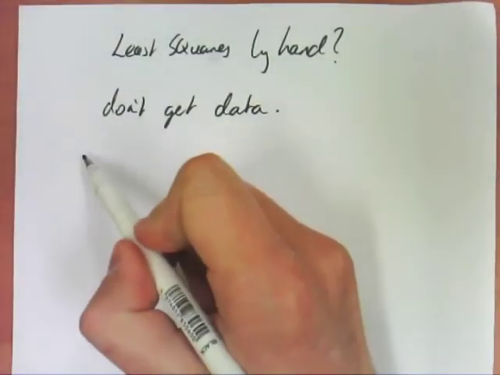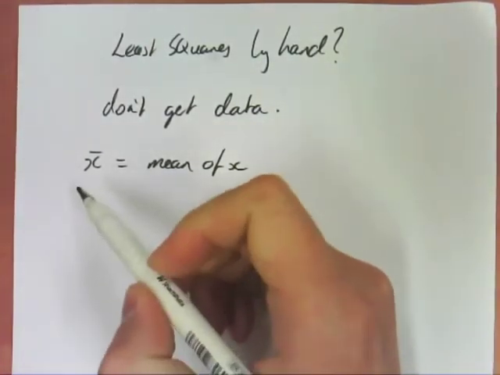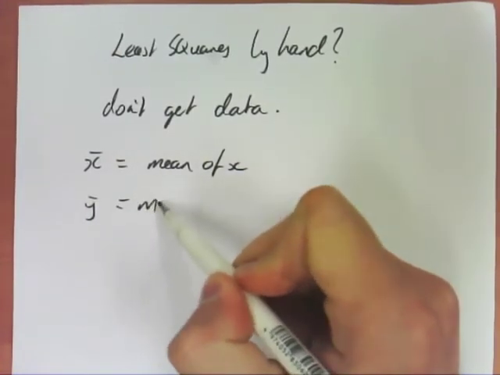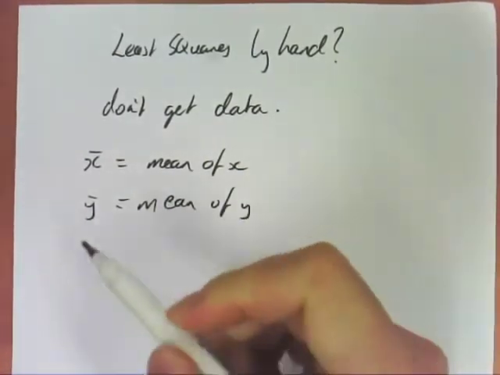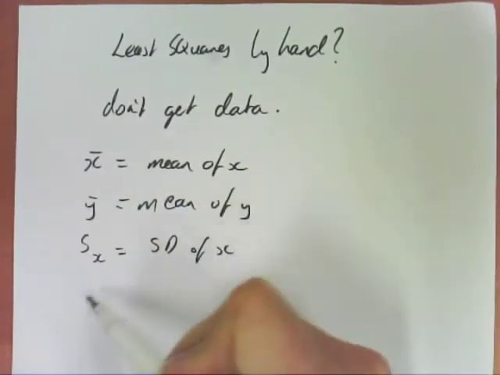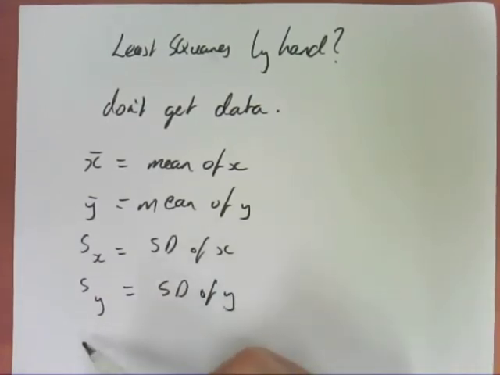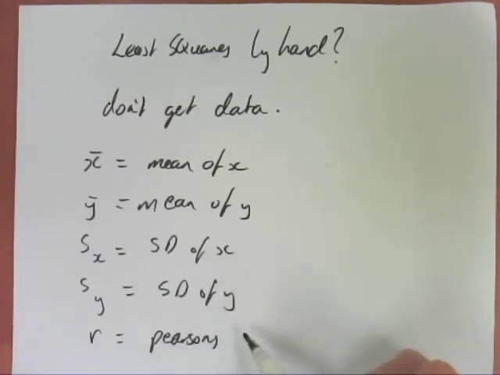What they will give you in this situation is the mean of x. Okay, they'll give you the mean of y. They will give you the standard deviation of x. They will give you the standard deviation of y. And they will give you r, which is Pearson's coefficient. And using all of that information, you can actually work out the least squares regression line using some of these